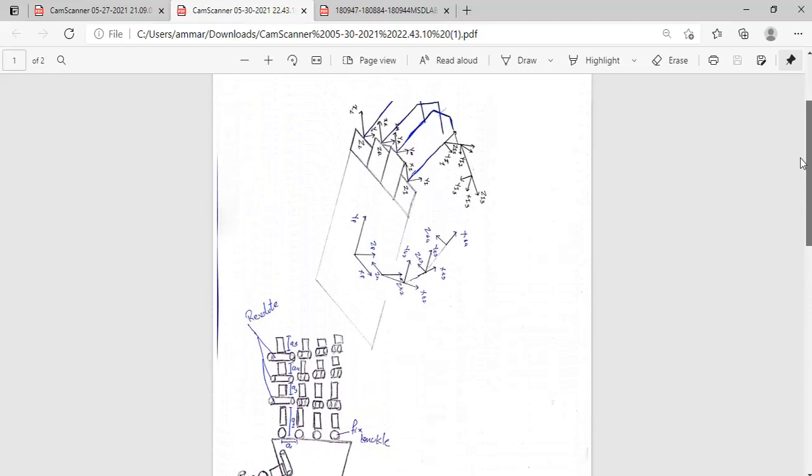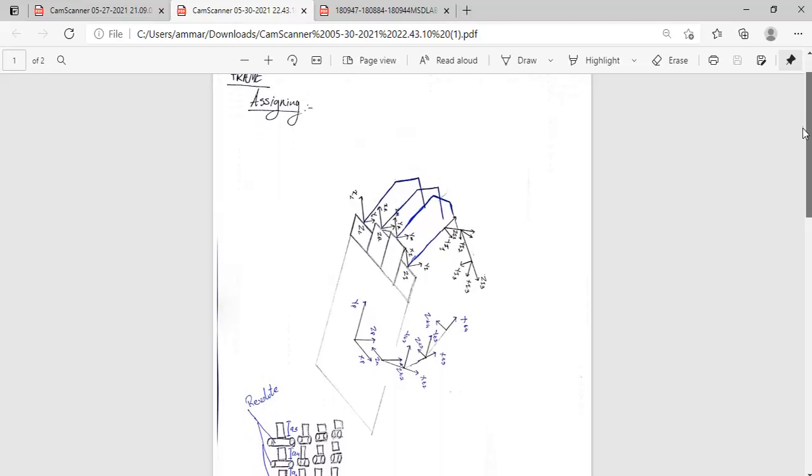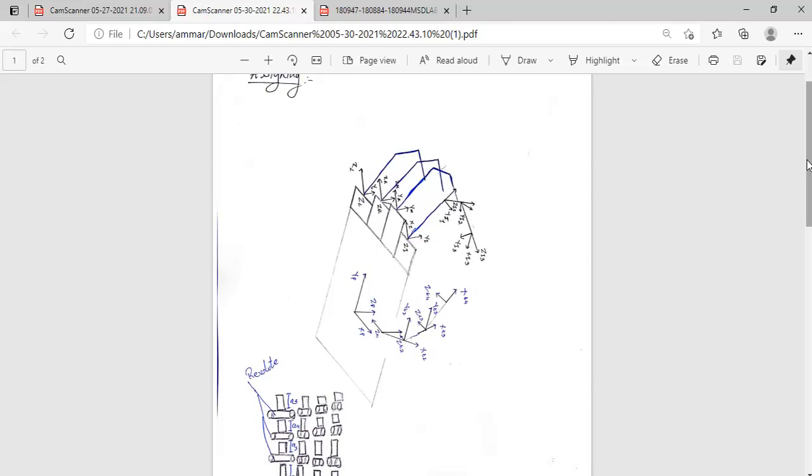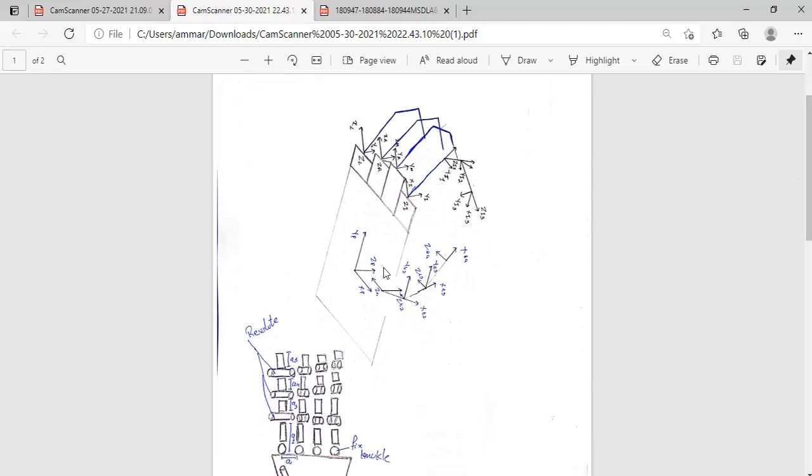So this is some of the design we have gone through. This is the paperwork we have done and the frameworks we have also decided.